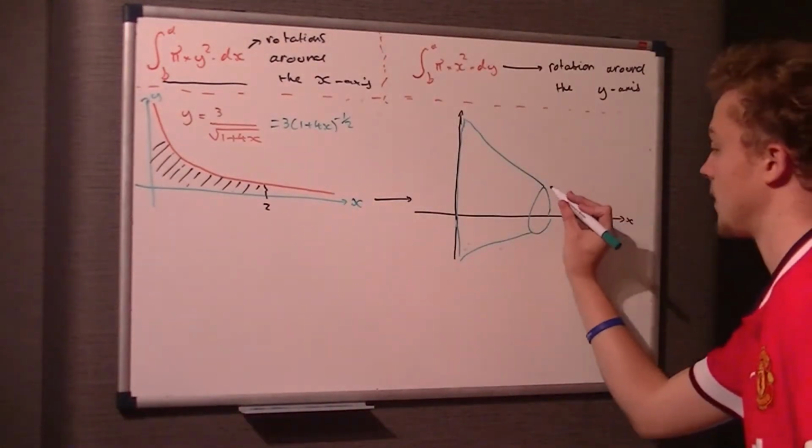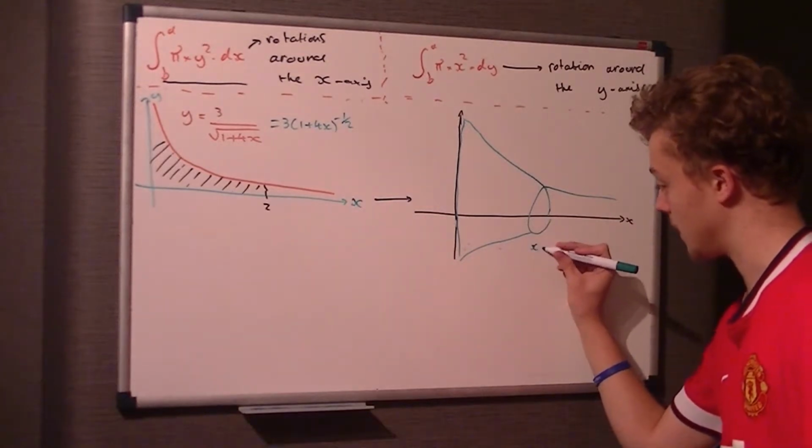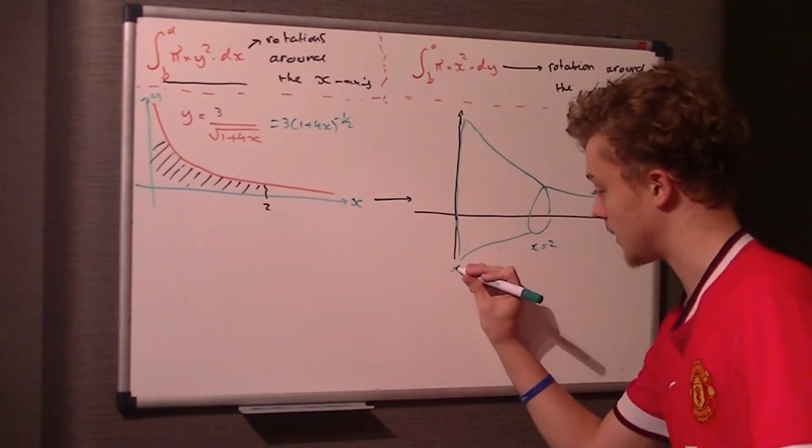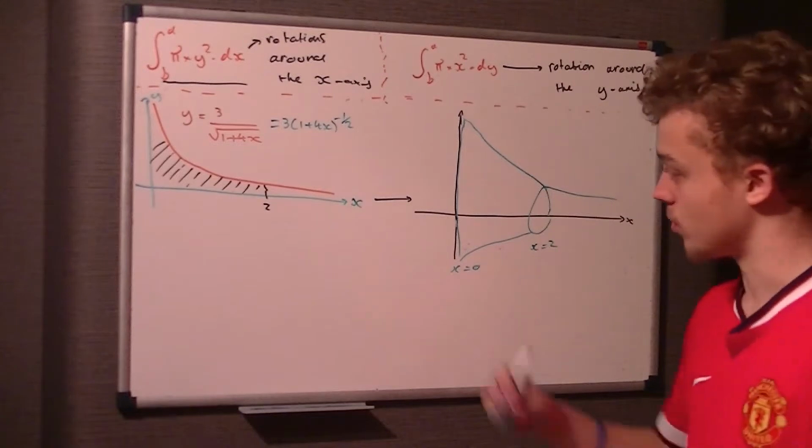And then obviously your line will continue, but we're not really interested in that. We're interested in this bit between x equals 2 and x equals 0. So they're the 2 points that we've been asked to integrate between. So you should know that the integral of this,